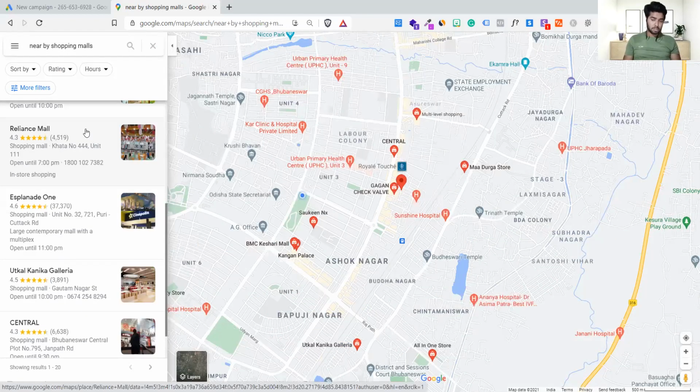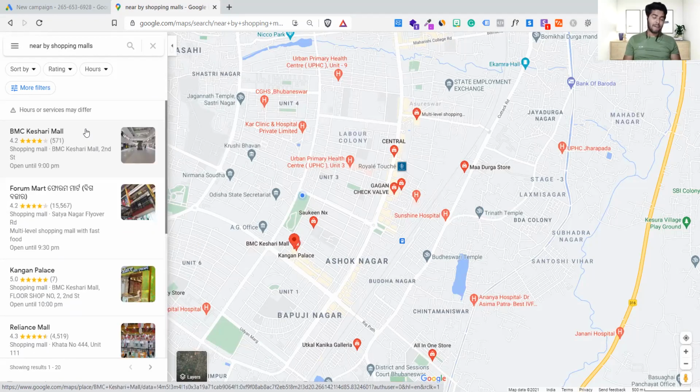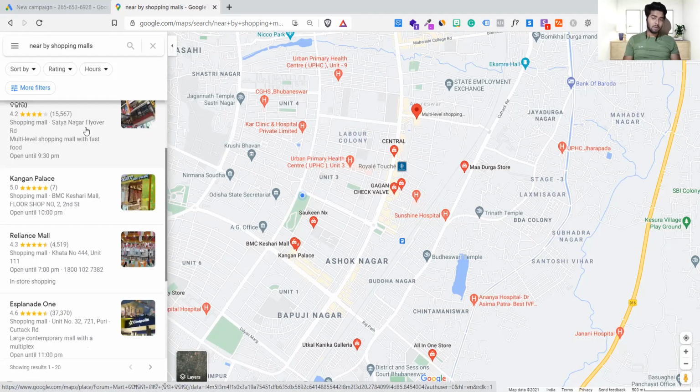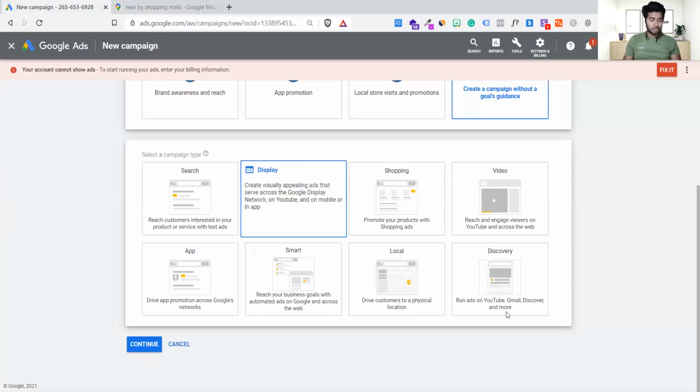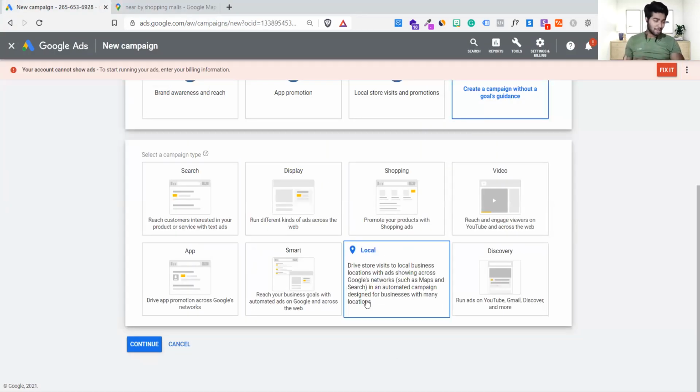So these searches are actually organic, but we have an option to show advertisement right here. So that will be called a sponsored ad right in the Google Maps. So without any further thinking, let's see in action how it is done. All right. So guys, are you excited to see how we can run ads in Google Maps? That is now a whole new level of doing local targeting.